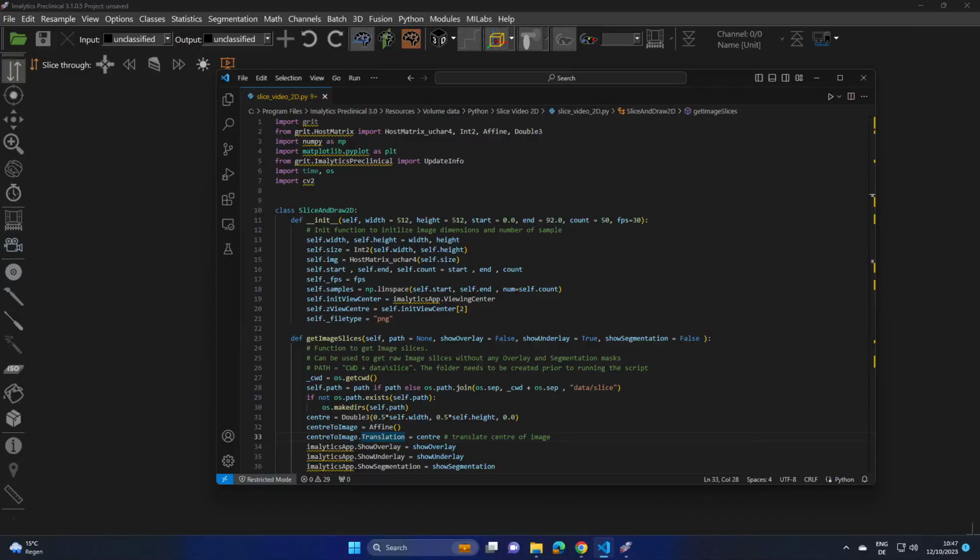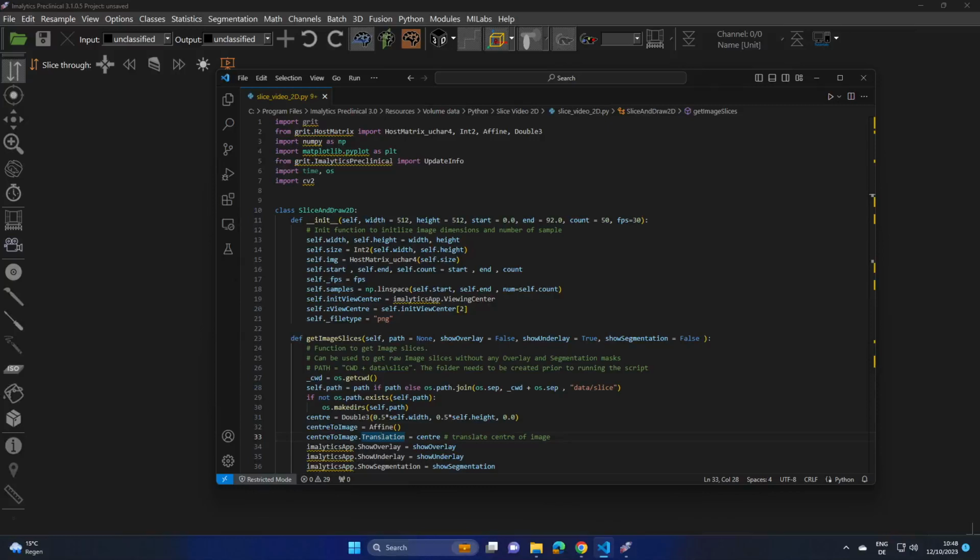Hello, today in this video I will be explaining how to perform slicing of 2D images and saving them as a video using Python code in Emulatics preclinical software. Python Menu is a useful tool that helps you run your own scripts for your projects. In this tutorial, I'll be using the CT spec scan of a mouse which was injected with 3 traces and explain in detail the Python script.